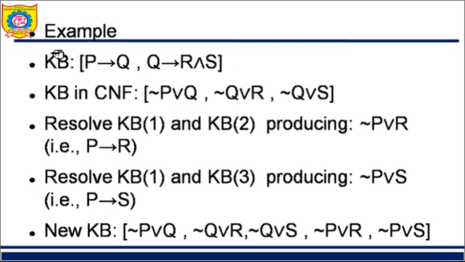Now for example, here we have done one example. Initially I should have a knowledge base. What is there in the knowledge base? Of course, propositions are there. So now you have to take every clause of your knowledge base. I can say this is one clause, this is one clause. You have to convert every clause into CNF format. So P implies Q, replace it by negation of P or Q, as we have already seen. Then replace this one also.